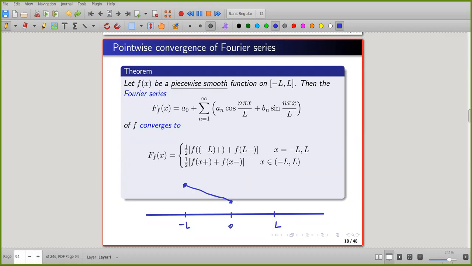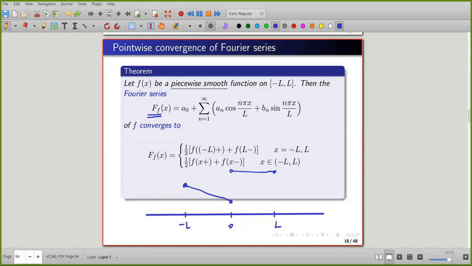Let's say the graph of the function is like this. So at x equal to minus L and L,